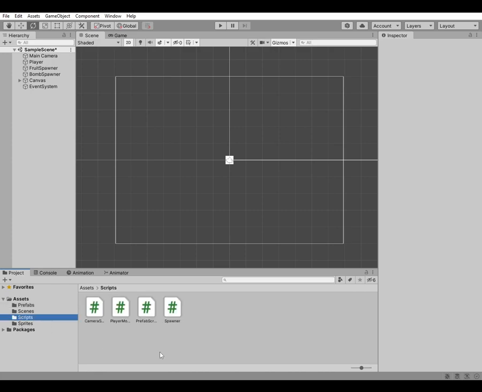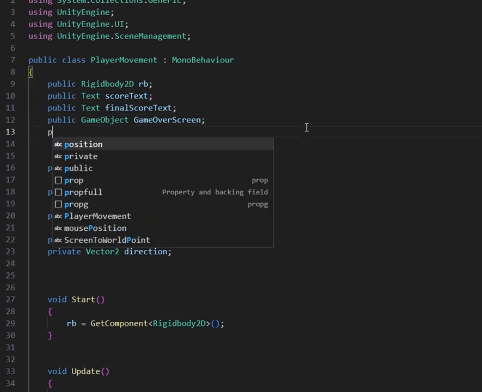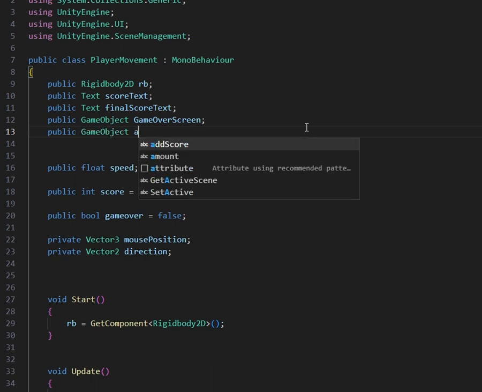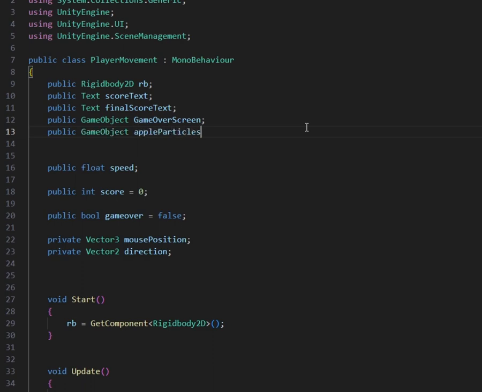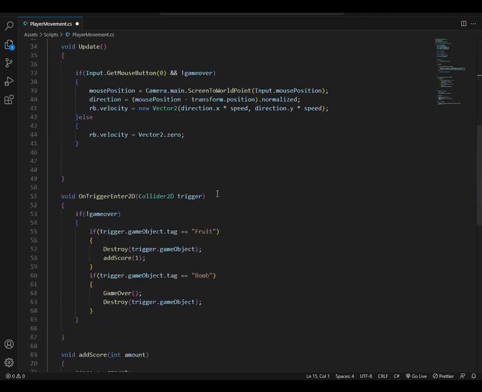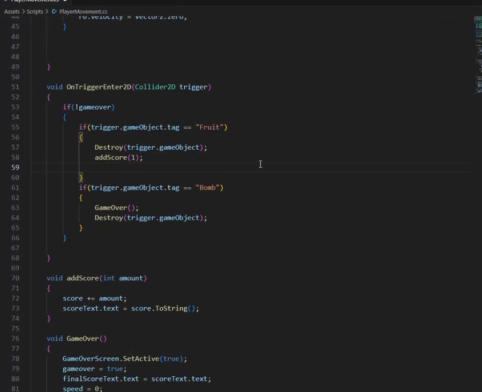Open the scripts folder and double click the player movement script. Create a public game object apple particles and another game object bomb particles. Then scroll down and here type game object effect equals instantiate apple particles,